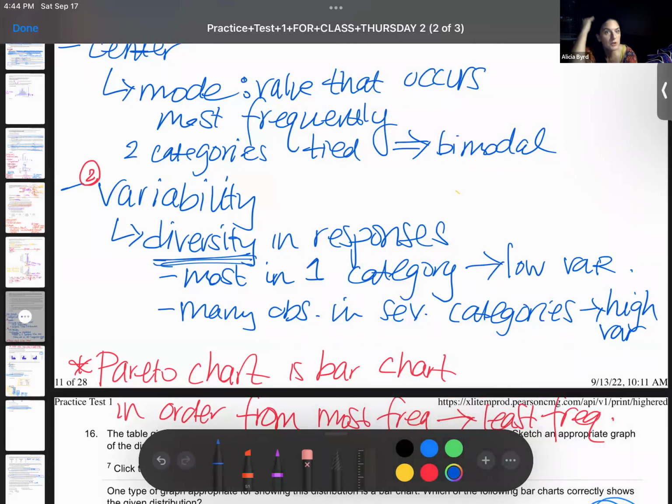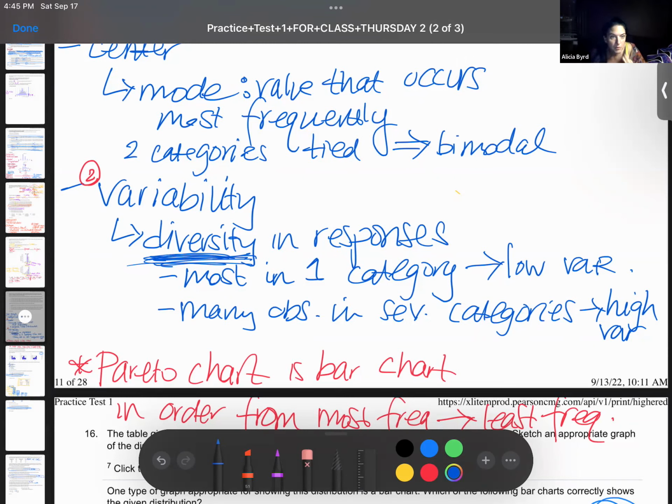So if most people agree on something, that's what I was thinking about. Like if most people have an agreement on the flavor of ice cream, say. I think there's this weird thing where I think most people like vanilla. I don't even think I know anybody who likes vanilla. Just saying.